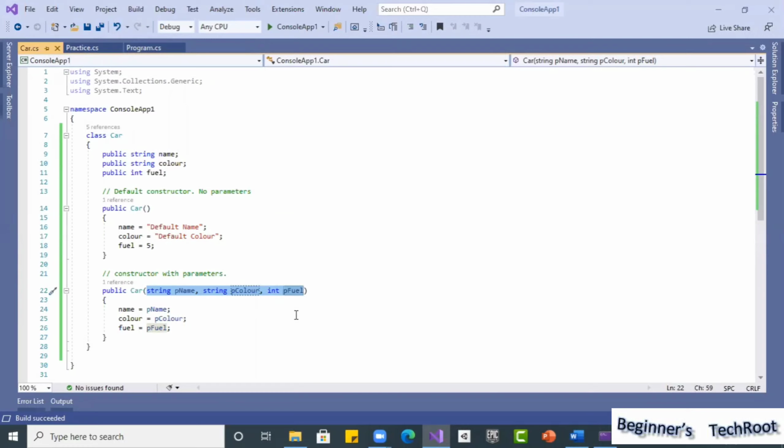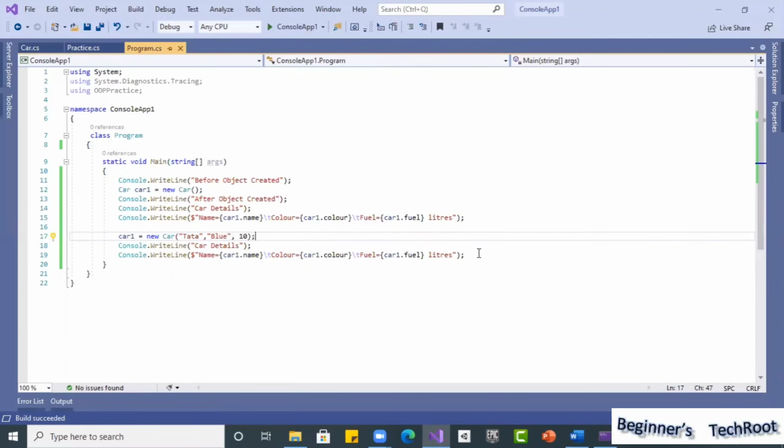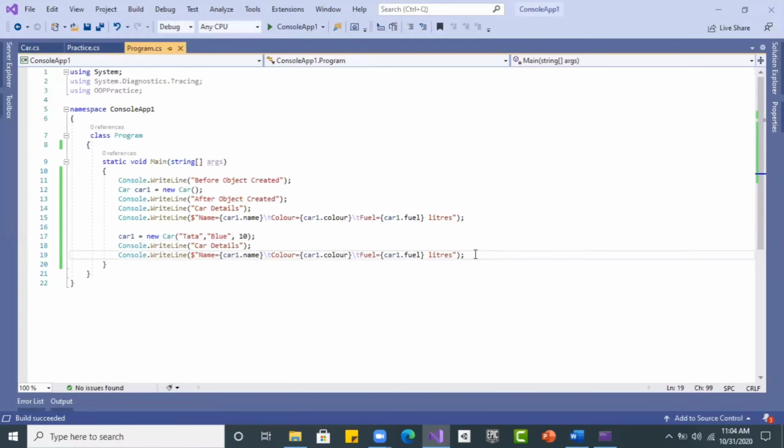Even though the same 3 parameters, the order is different. Similarly, if you use 3 different parameters, instead of string, int, for example float, string, whatever combinations, you can make multiple. That way it uniquely identifies, so that respective method, in this case that respective constructor, will get called. So this is about the constructors.